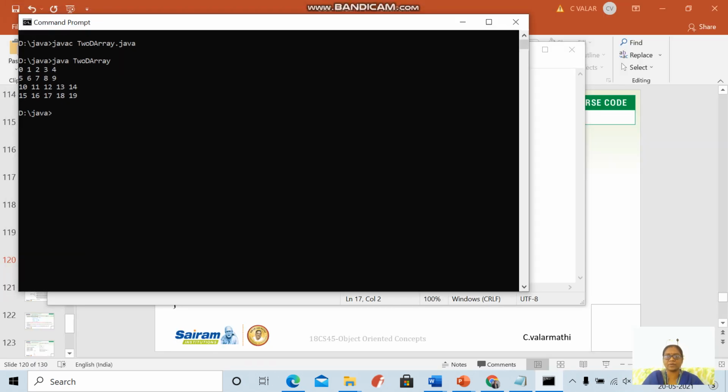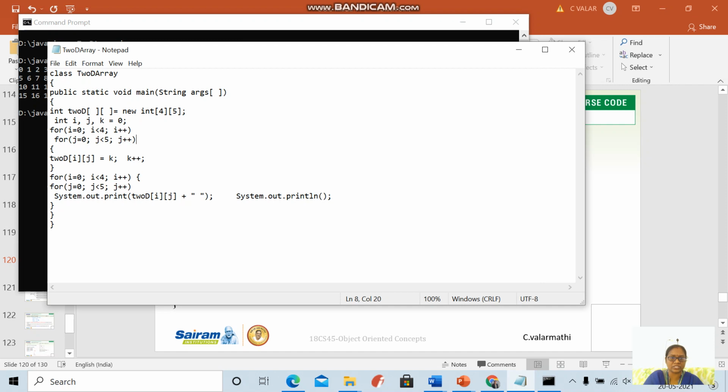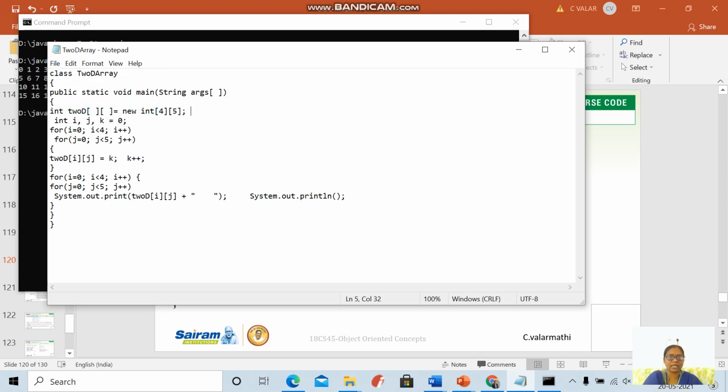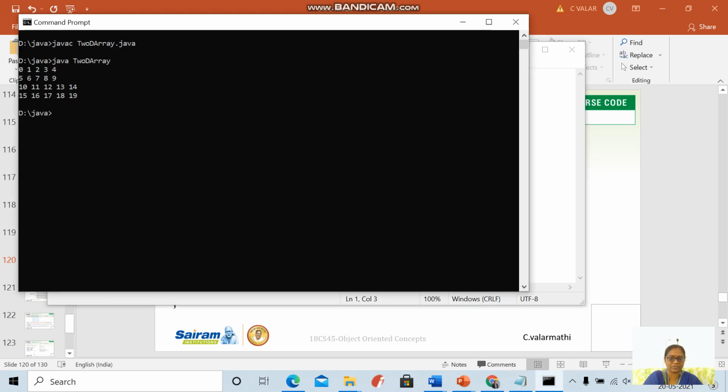So I'm changing the spaces a little bit. I'm going to give one tab. One tab is nothing but 4 spaces, right? So I gave one tab size for each element. I again saved this file.